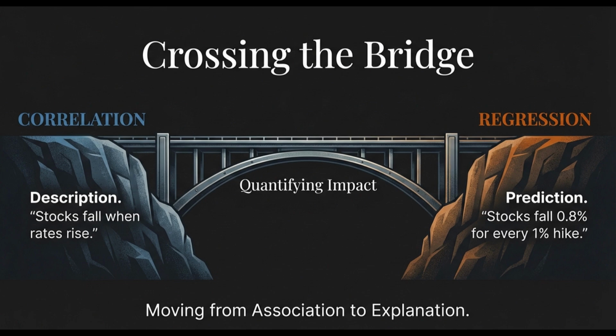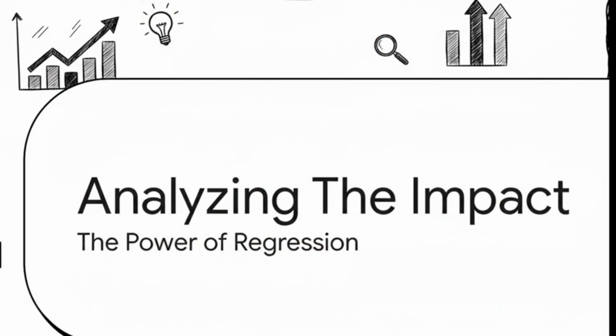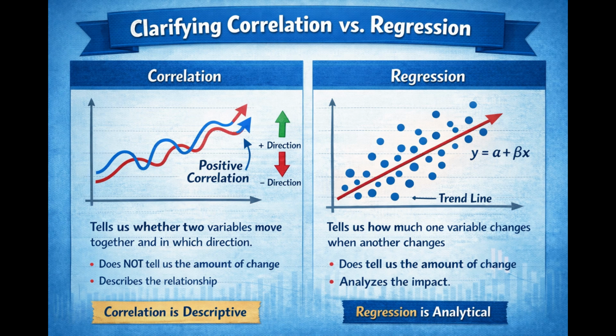powerful tool, regression analysis. This is what lets us build an actual model, not just to describe the relationship, but to really analyze its impact and make specific estimates. Let us break this down because it is the most important distinction. Correlation just describes, but regression analyzes. Correlation is the what, regression is the how much. This is the tool that finally puts a number on that relationship, and that is absolutely essential for making real-world